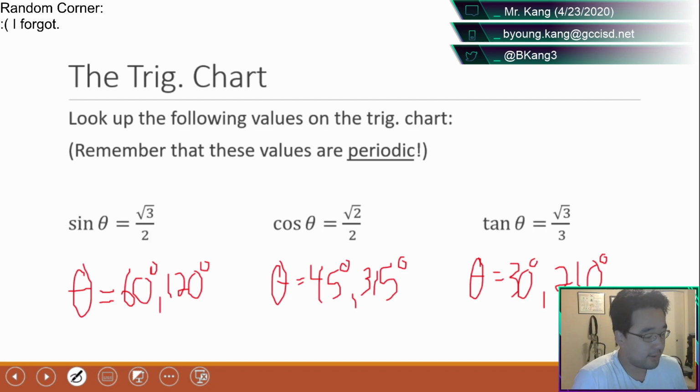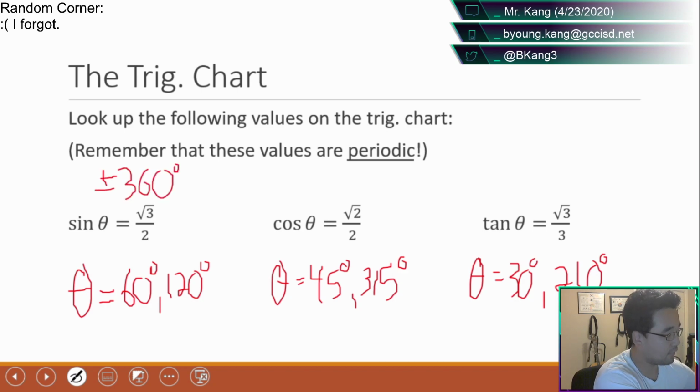And remember, theoretically, there are more answers. I could keep going. I could add 360 to every single one of these and get more and more answers. And technically with tangent, I could just add 180, right? Because we did this graphing stuff already. So I could just keep adding 360 over and over and over again. So we say n, because n could be any value. n is any integer.